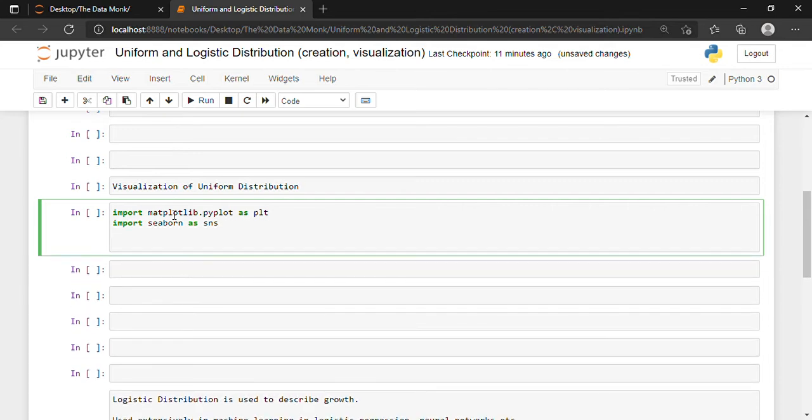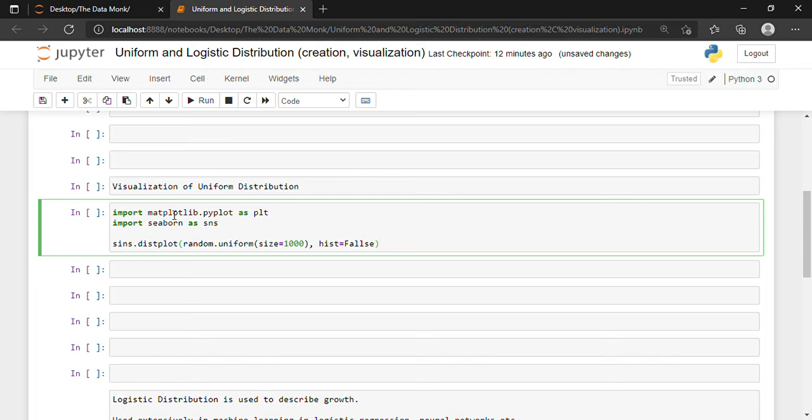Then we will plot: sns.distplot. Distplot means distribution plot. Inside, let's create a uniform distribution and then plot it together. So random.uniform, size is equal to, let's say, 1000, and we do not want a histogram, so hist is equal to False.